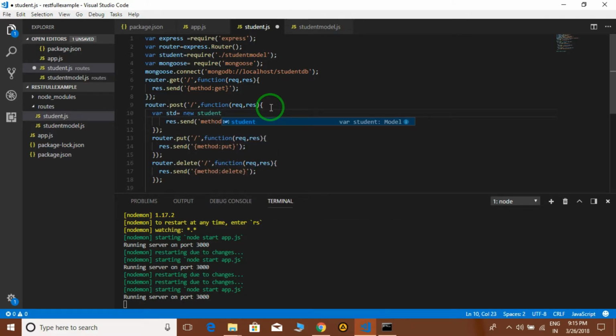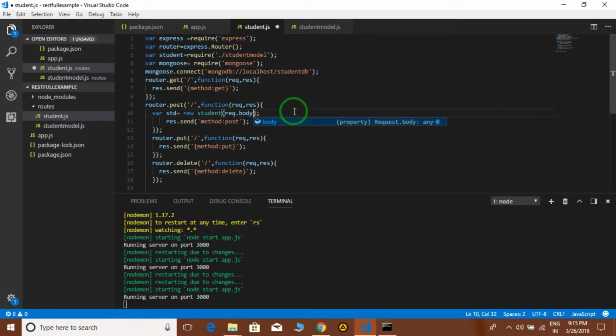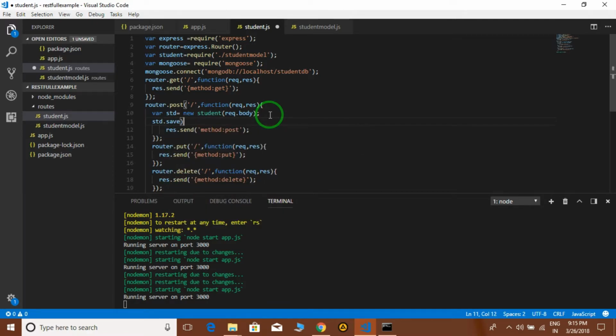In this student you have to pass the data which is coming from the URL, req.body. In this body, data will come, but this data will come only by the body parser module. So later on we are going to use body parser also. So data will come here, then we have to call the std.save method.